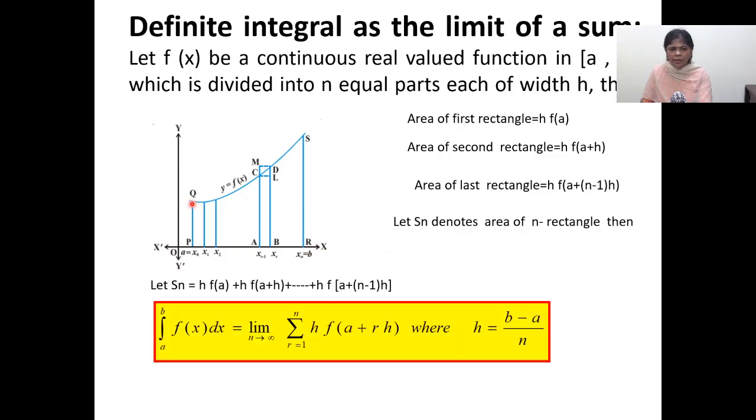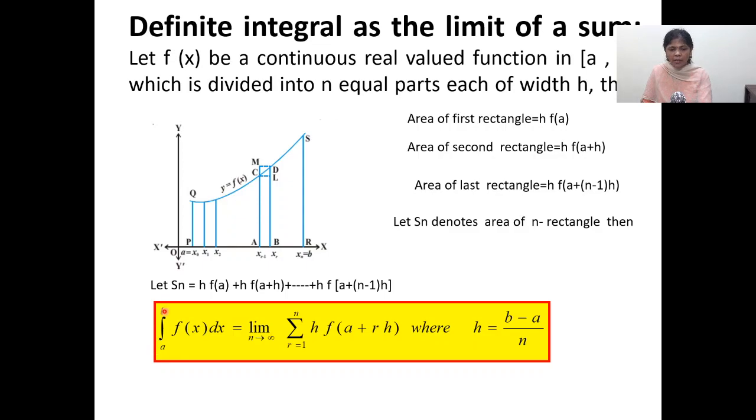Now, here we find that there are some portions left out in order to complete the area. So we have to divide this function from A to B into as many parts as possible, and that is nothing but a limiting case.